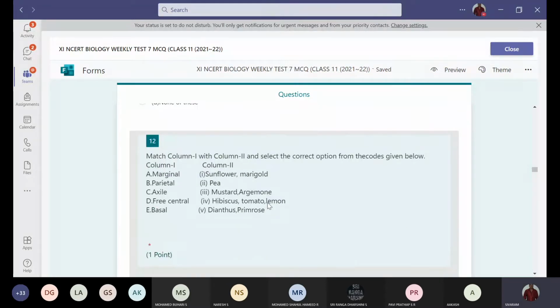Next, match column 1 with column 2 and select the correct option from the codes given below. Marginal placentation: we find this in pea and gram. And next, parietal placentation, which we can observe in case of